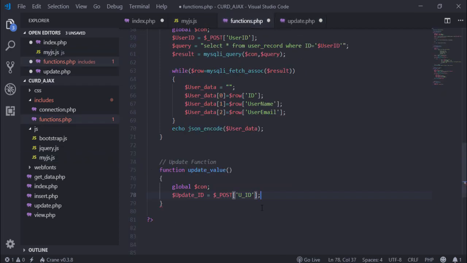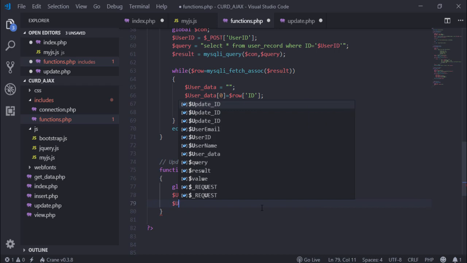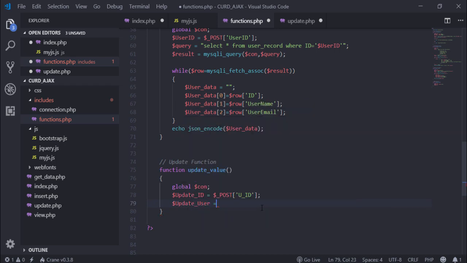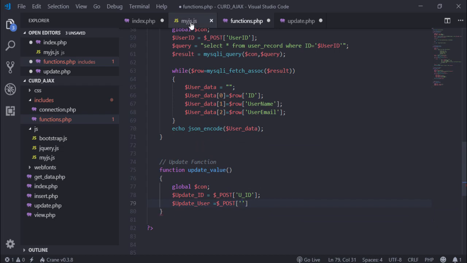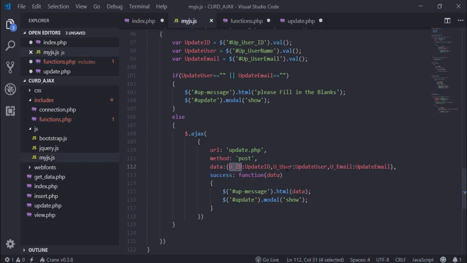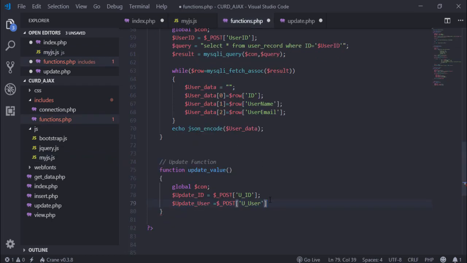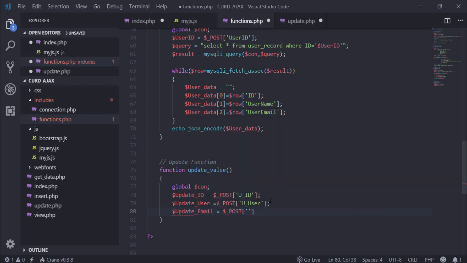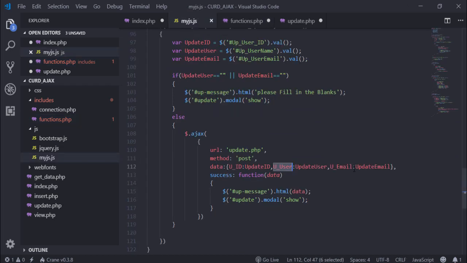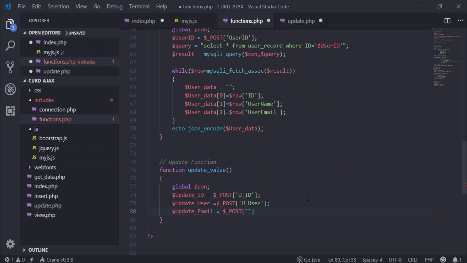Okay, then I use update_user, $_POST, and go to jQuery file and copy user variable, update_email, $_POST, and go to my js.js file, jQuery file, pass u_email parameter. Okay, then